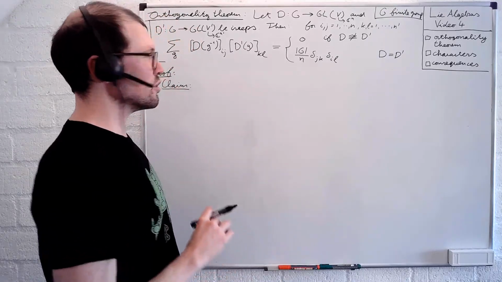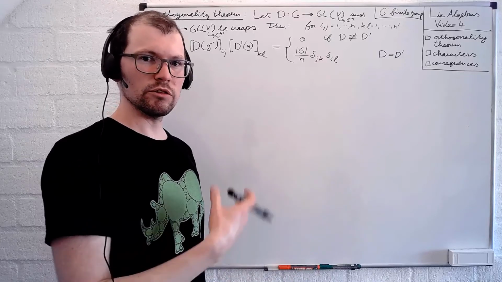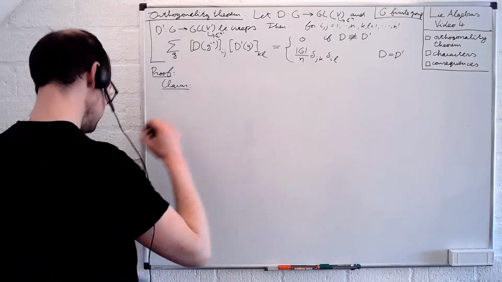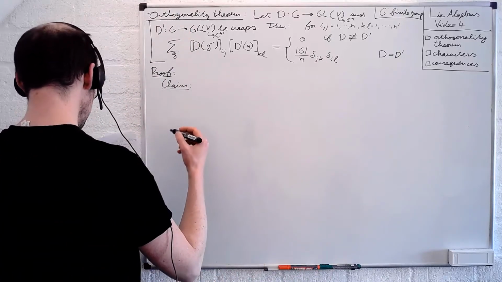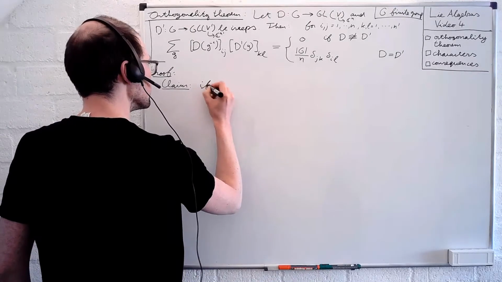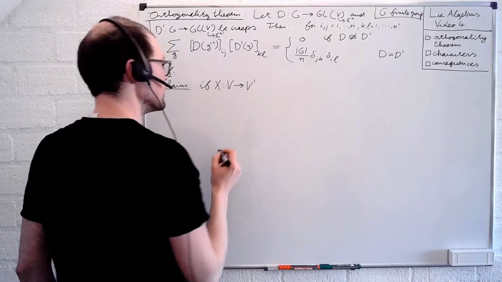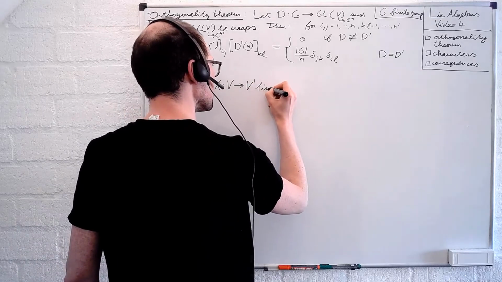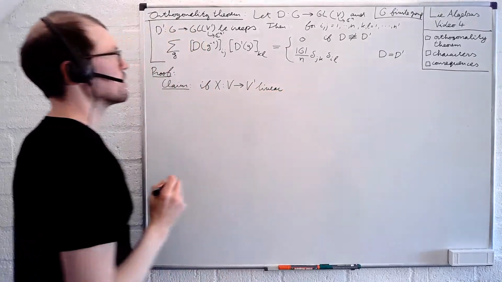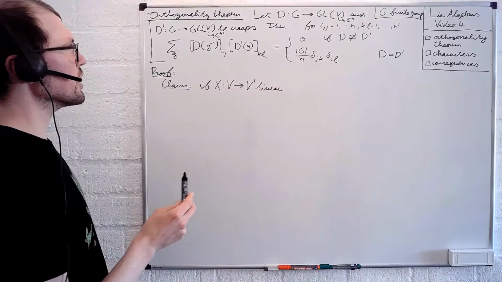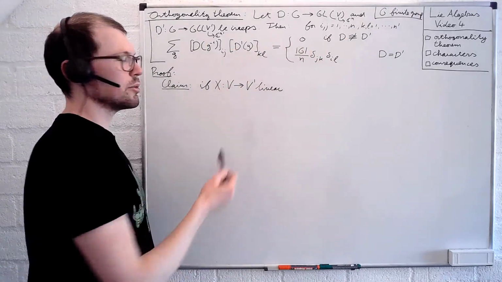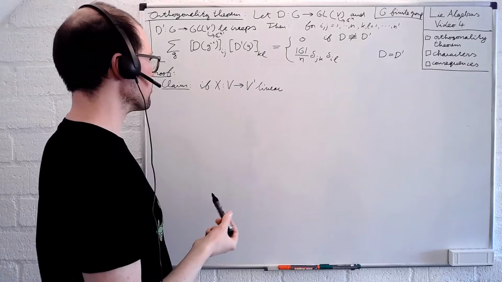It has to do with averaging things over a group. So here is the particular averaging that I'm going to use. If X is an arbitrary linear map, so if you like, it's an n by n prime complex matrix,